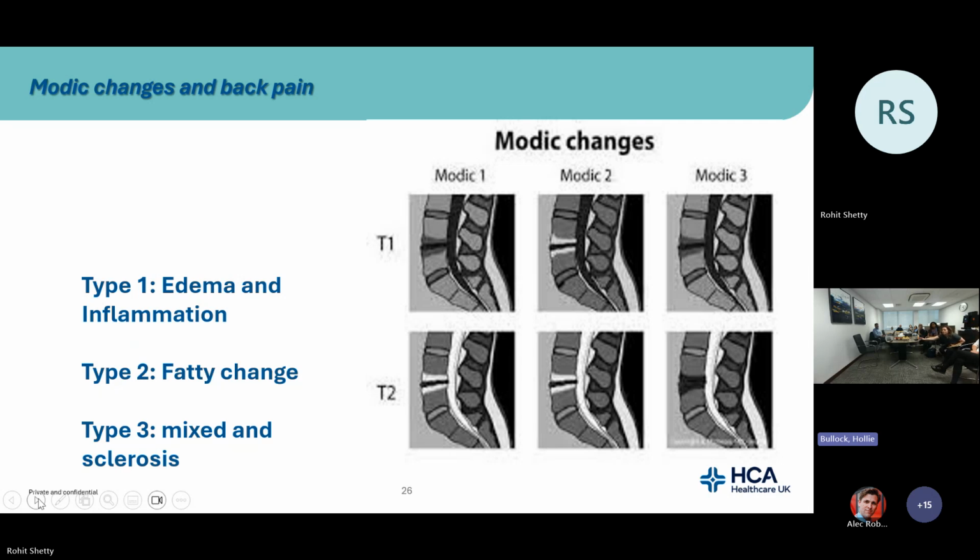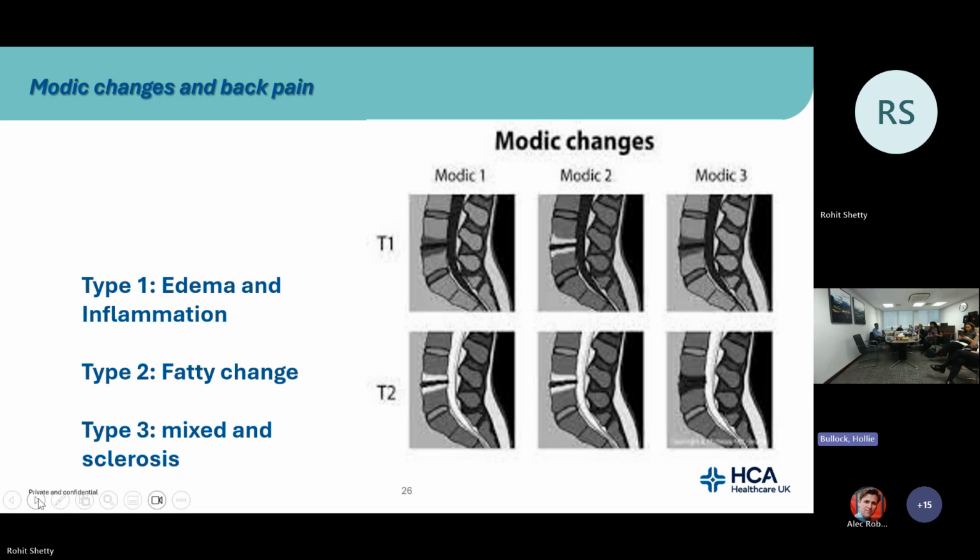The second scenario is you've got pain with an abnormal MRI scan. We spoke about those statistics and numbers as to how many of those patients can have abnormality without pain. But Modic change is important because it's an edema or an inflammatory change. And there's a study which was done in Sweden a few years ago, which says that